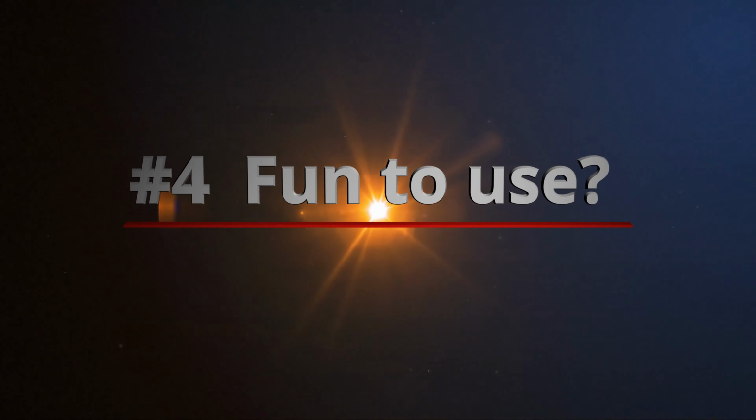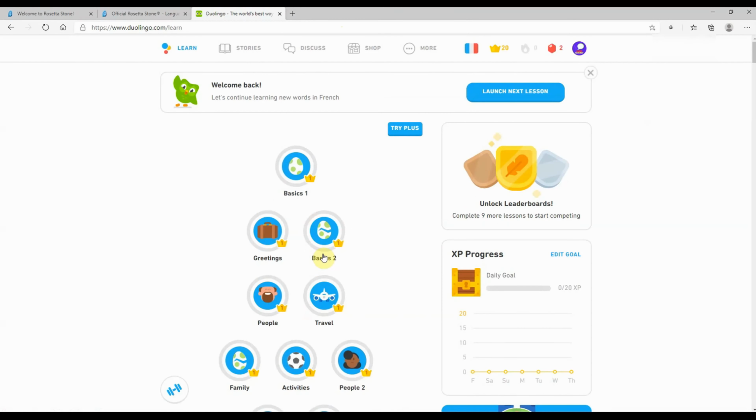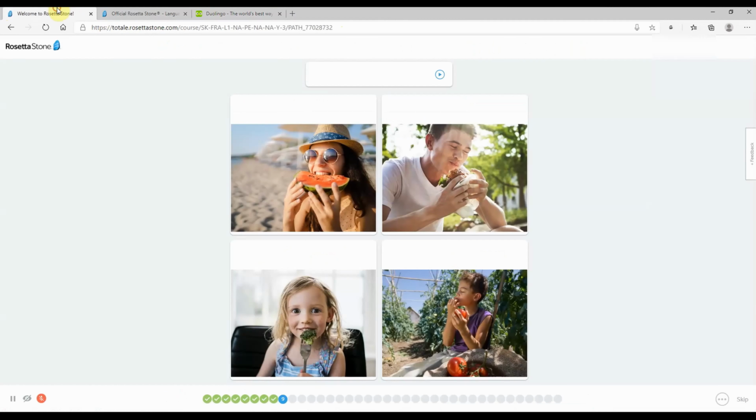Number 4, are they fun to use? I would say both Rosetta Stone and Duolingo are fun to use. I think Rosetta Stone is better in this category, although Duolingo has a lot of interesting games, lingots, etc. Duolingo is more suitable for kids, as I don't think a lot of people will love playing this kind of